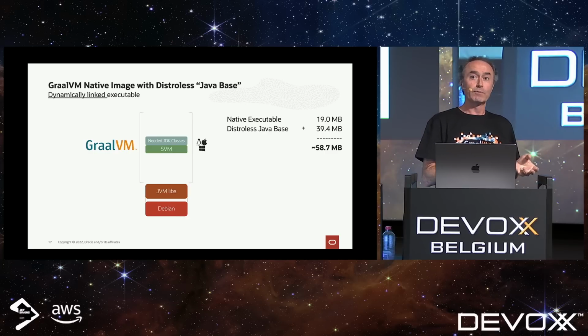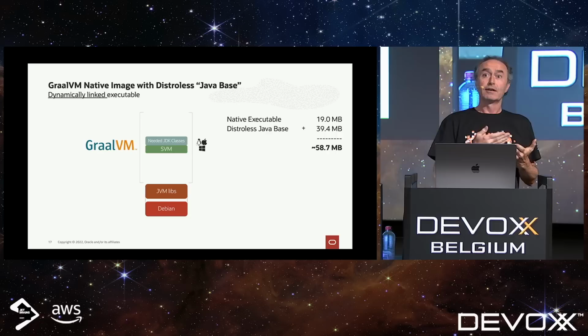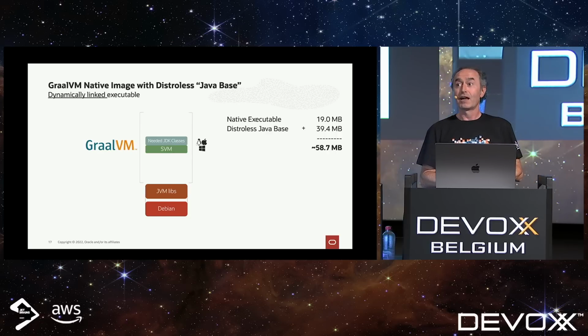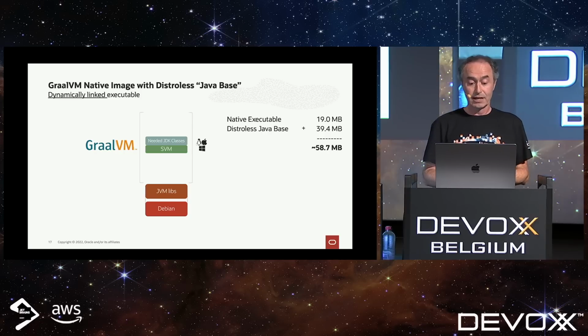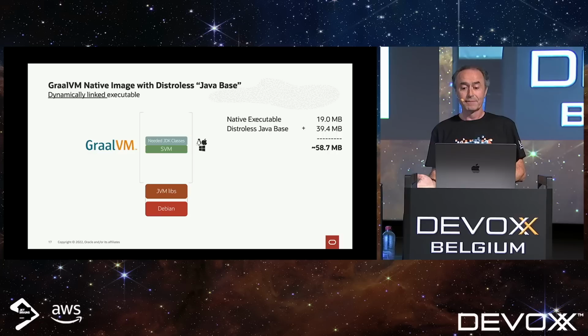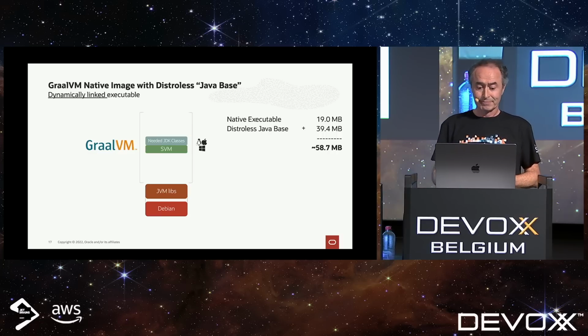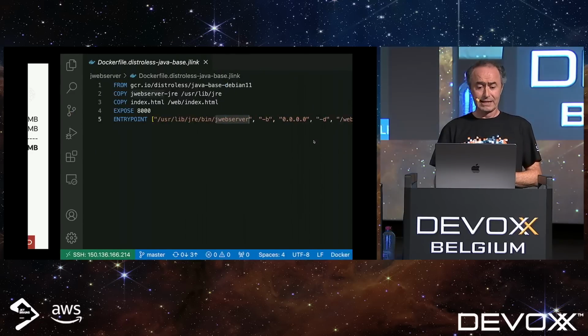So we can generate the code for your application, but you're going to need the garbage collector. You're going to need file I/O. You're going to need all kinds of stuff. There's libraries and services that the JVM provides you. That's what SVM does, fairly small. And then in the container image, I still have these libraries that the JVM needs. That's why I'm using this Java base, and you're on Debian. So I'll compile that down to like 20 meg and put it in there, and it's like 58 meg. So I'm just going to do that first off so you can see this file run